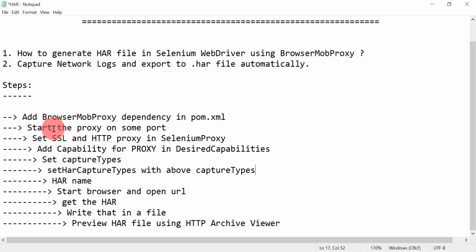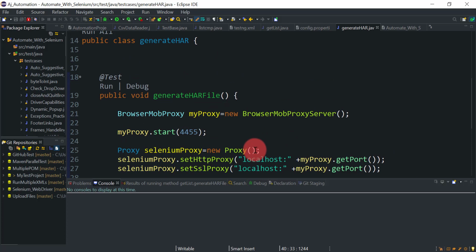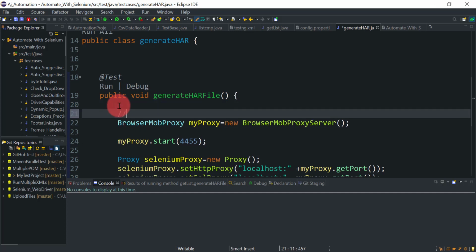So what I can do is add this here one by one, so that I will share this code with all of you, no problem. This is actually the second step; we need to add the dependency first.